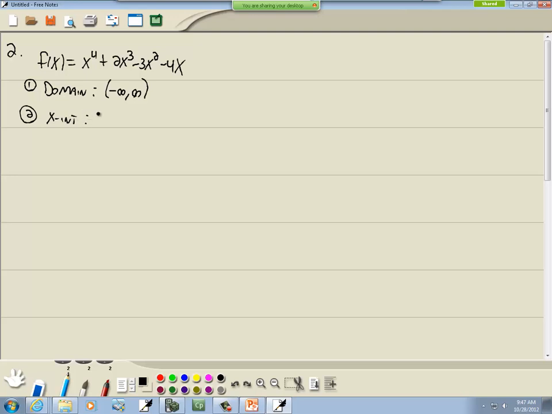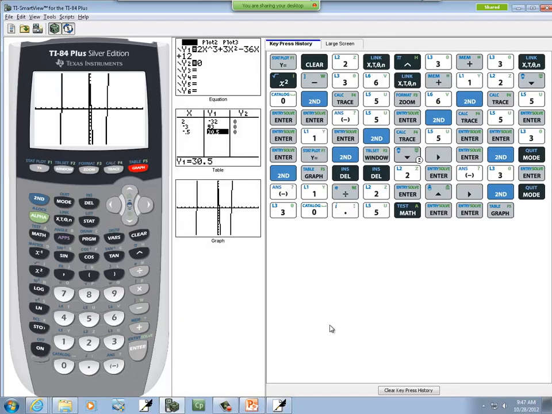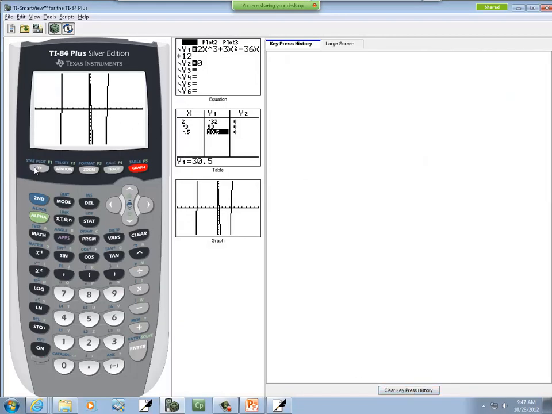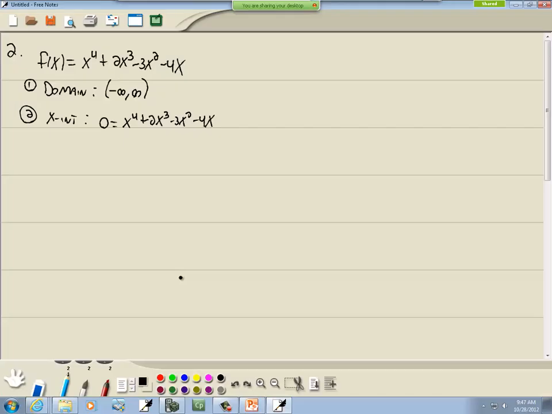Next thing we'll find is the x-intercepts. To find the x-intercepts, you plug 0 into the other variable, so plug 0 in for y. So we got 0 is equal to x to the fourth plus 2x to the third minus 3x squared minus 4x. Now I'm going to use my calculator to find this. Doesn't look like it factors or anything like that. You can use the fundamental theorem of algebra to do it, but